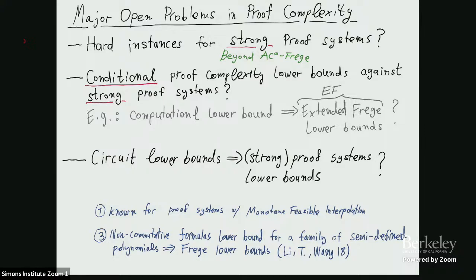So this shows something about circuit lower bounds implying proof lower bounds, but I wouldn't say it's as direct as we want. It's not a precise lower bound. It's a lower bound on some family. About what is semi-defined polynomial? The semi-definedness means simply that it's a family that precisely defines the so-called IPS